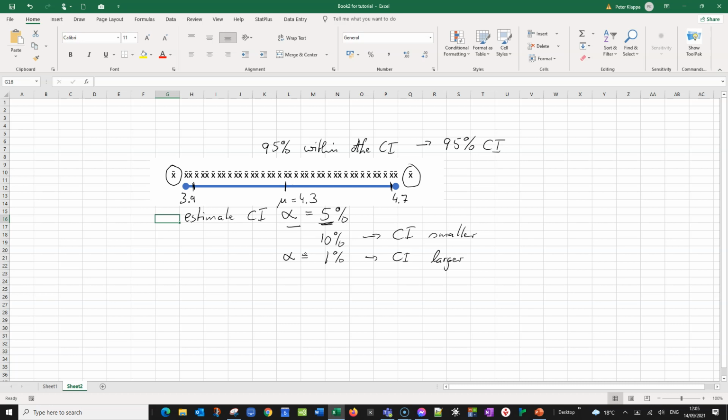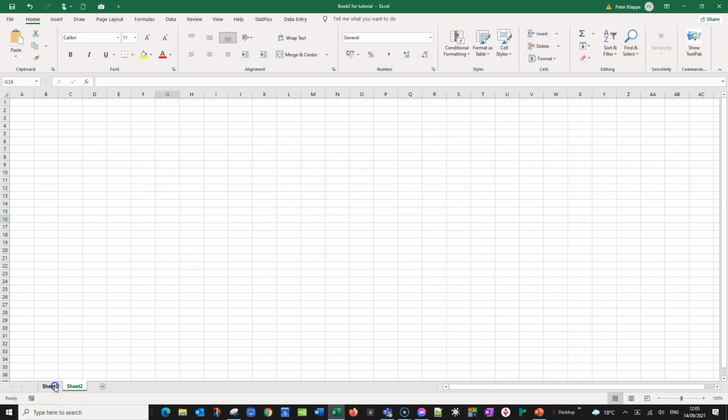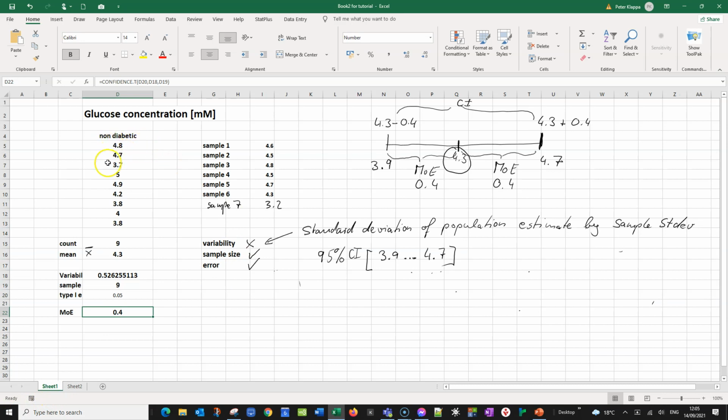So that gives us a good idea which samples actually belong to this non-diabetic population. So we would, if we just simply check, is there anyone, let's say, if we have a sample with